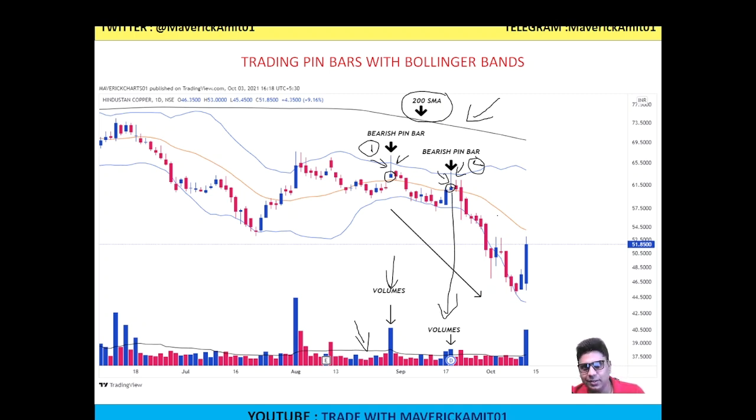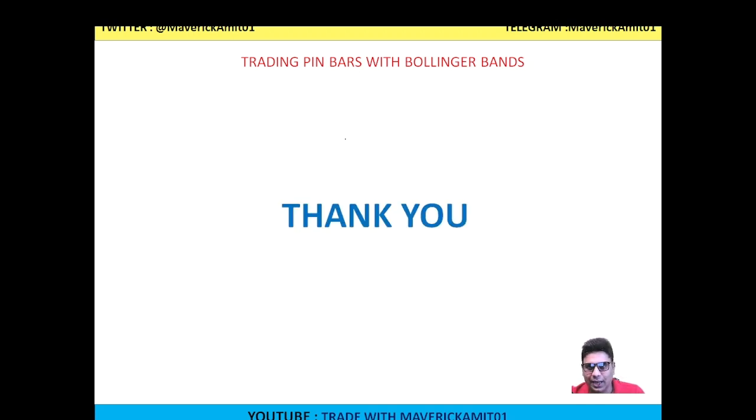So friends, this pin bar setup is a very simple setup. It is practically very easy to use this setup, and it is a very effective setup. What I basically believe in trading is that you should have simple setups which are very easy to use and are logical. So you can use this setup in your day-to-day trading. I request you to have a look at this video once again, so that it is clear how to use this setup, so you can memorize the conditions, the important points to be noted, when and where this setup should be used. And I hope this video was helpful to you.